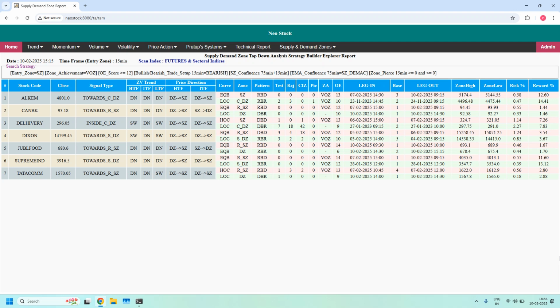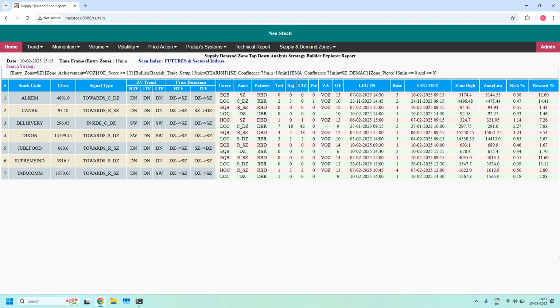In these 7 stocks, all the 75-minute supply zones are having daily EMA confluence. But these 15-minute supply zones are overlapped with 75-minute supply zone. That's why these 7 are even more high probability trade setup supported stocks. Okay, apart from these 7,